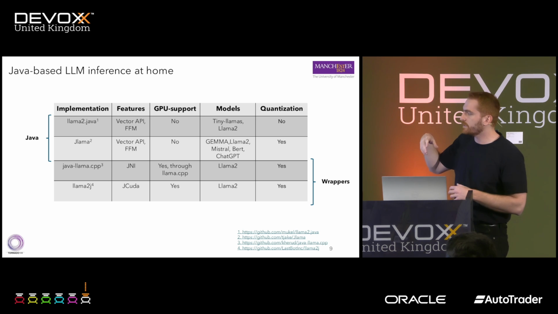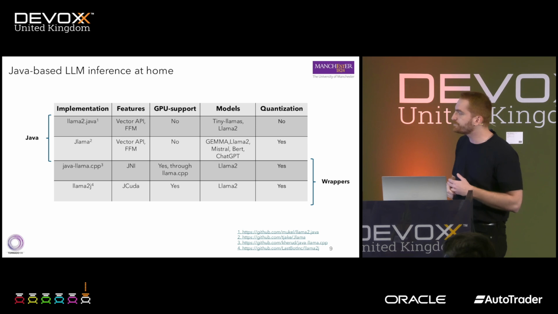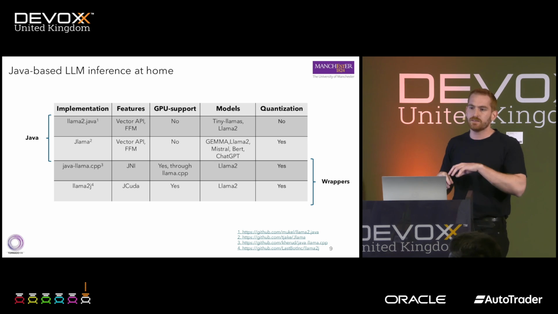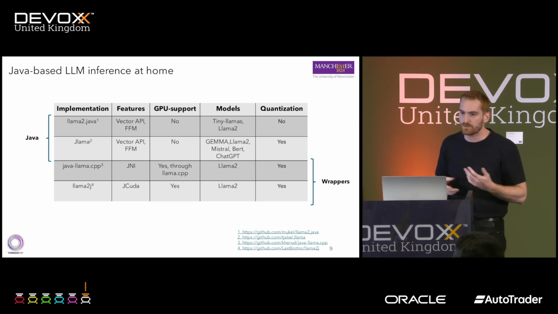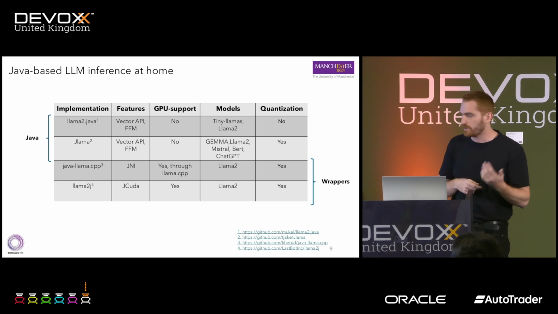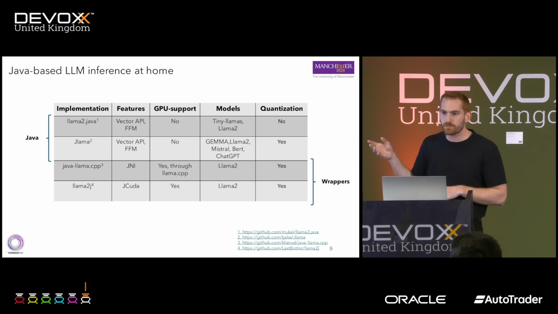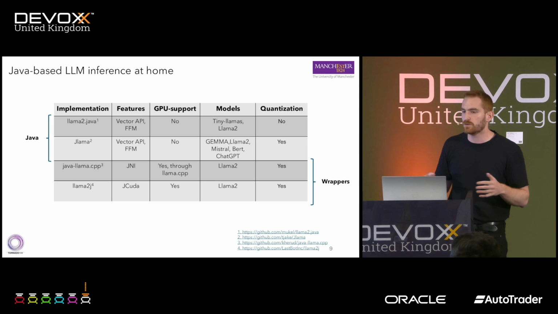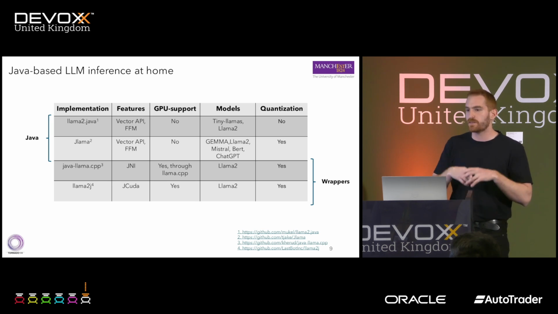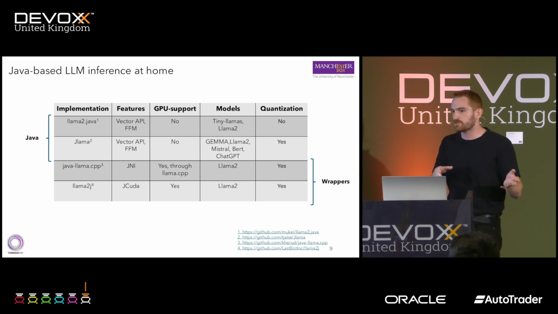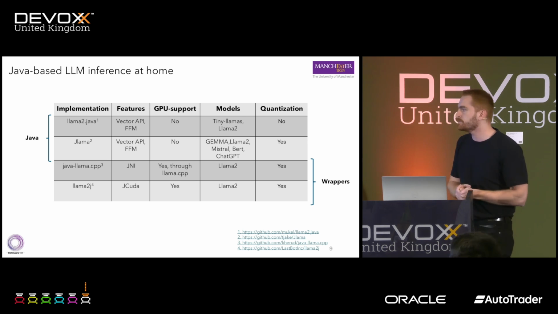And then we have the Java Llama C++ implementation that uses JNI directly to the Llama C++ implementation. So it has GPU support, quantization, and support for the latest models. But again, we have wrappers. And then we have Llama2j that uses JCUDA, which is a wrapper for CUDA code. So you need to write your GPU code yourself, wrap it into a string, and also write all the utility functions to offload it onto the GPU. All these are available online.